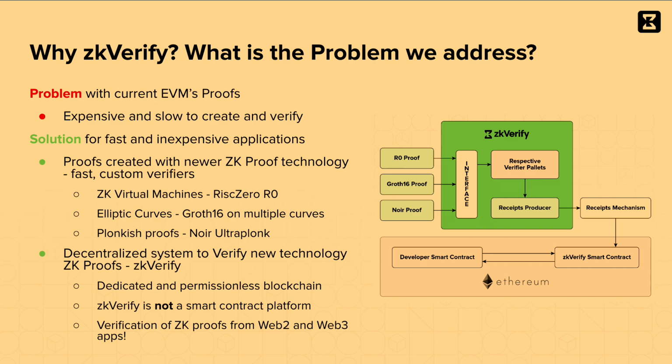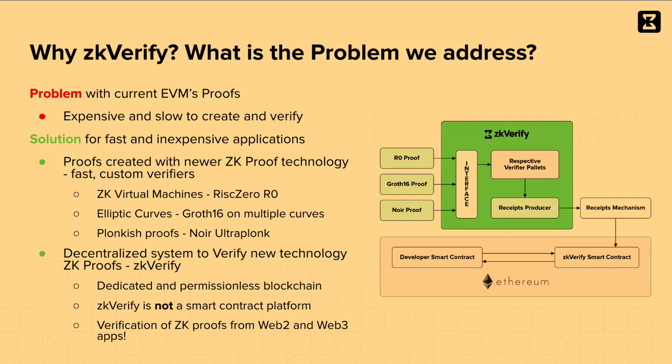And to do that, we have 2 things that we're doing. So first off, there's a bunch of new ways to create zero knowledge proofs using new cryptography. It makes it much more accessible for people that don't understand how to build all the circuits and the logic to do that. So one of them is ZK virtual machines. So RISC-0 is an example of that. You can take any type of Rust code, run it in the ZK virtual machine, and it'll create a zero knowledge proof that the Rust code was run properly.